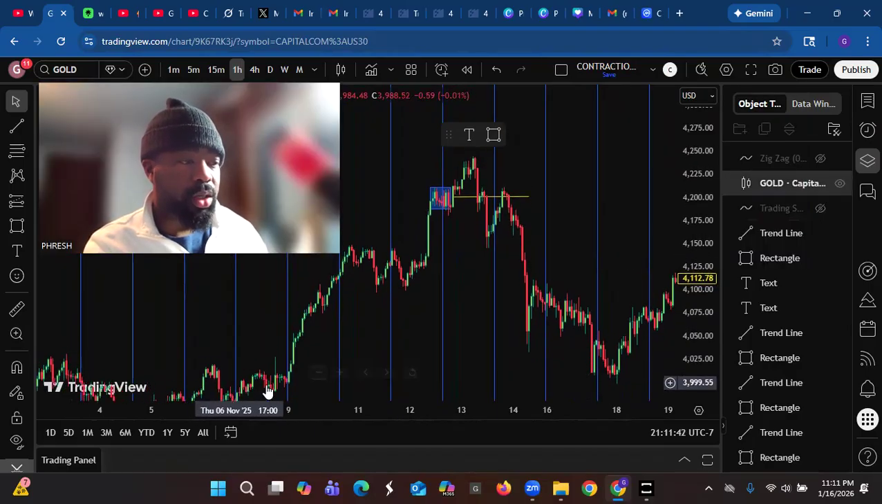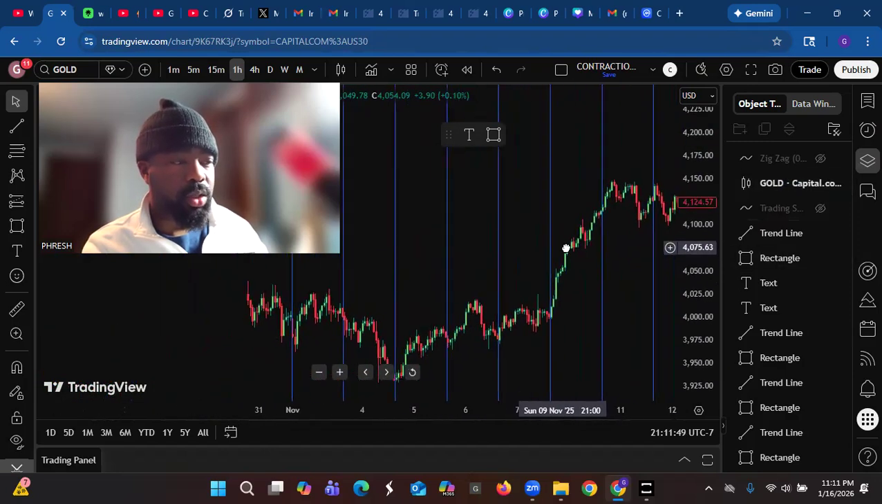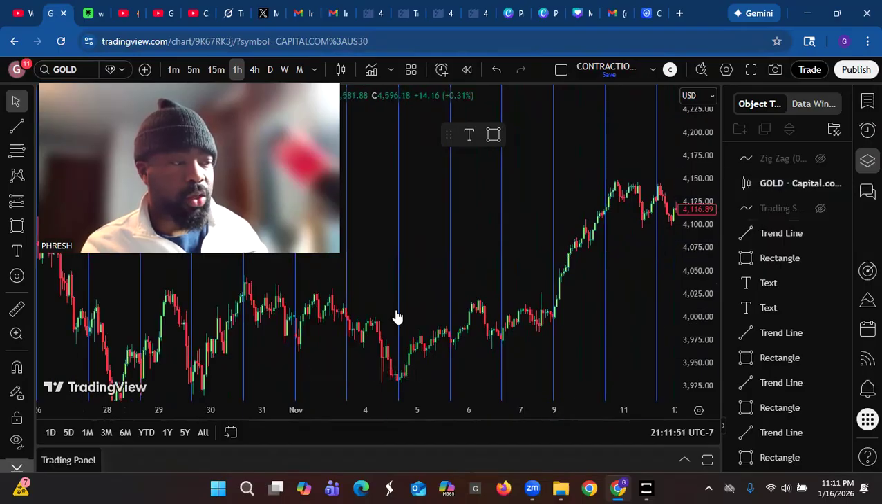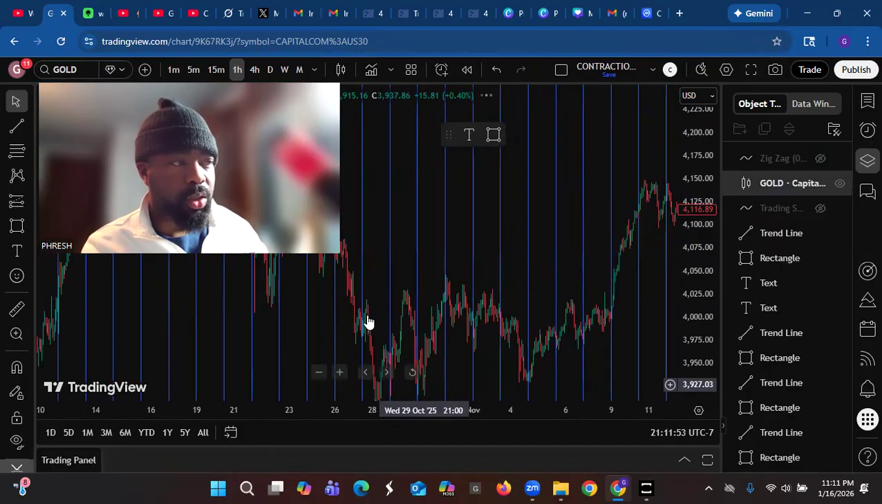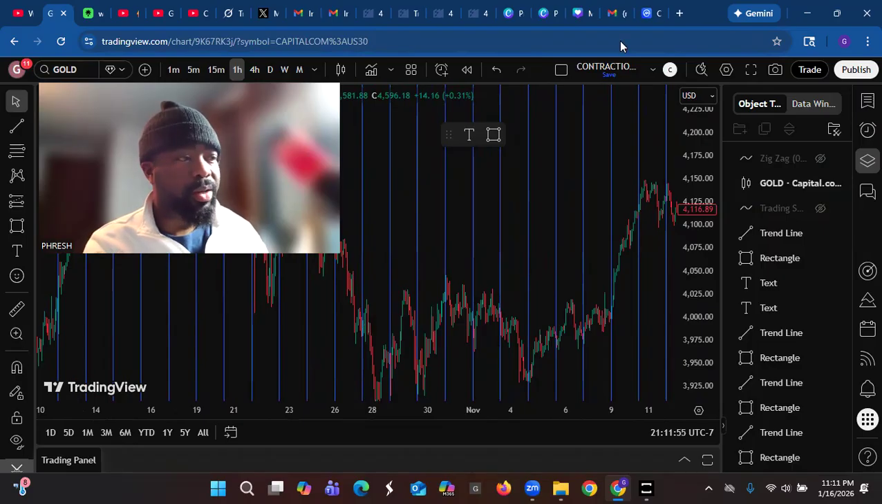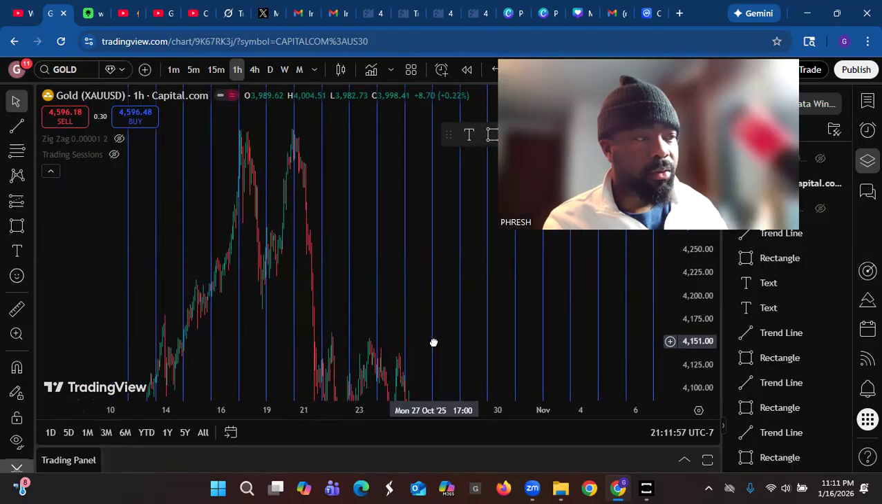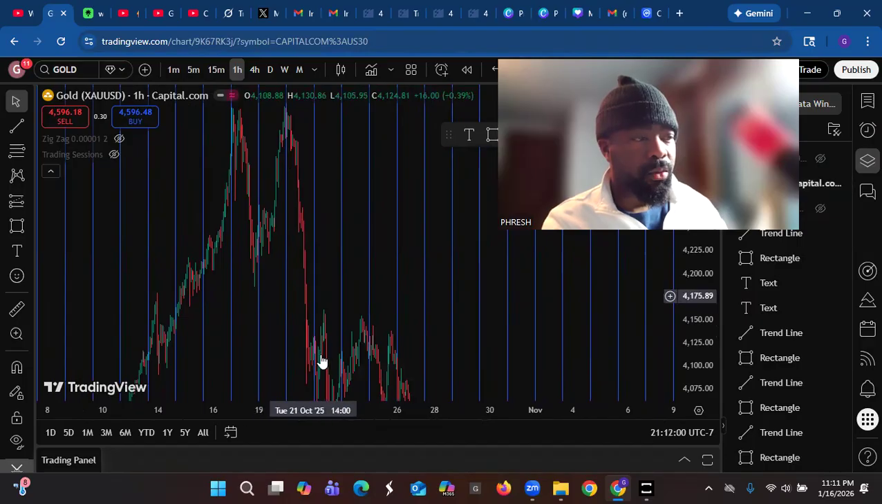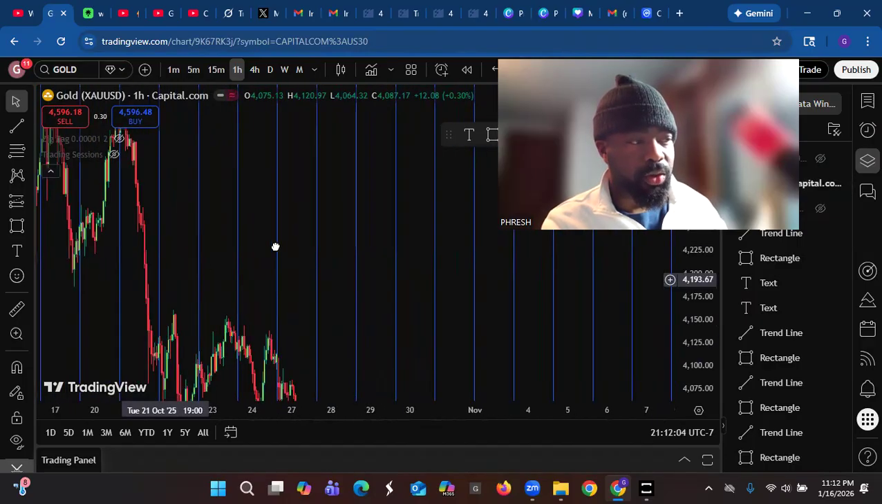Right here, you see contraction in this area, contraction, push to the upside, contraction, push to the downside. And as you continue to train your eye, this will become easier. And I just wanted to give the newest people out there a strategy that can help them. Look at that waterfall right there. Right there, the contraction is in there somewhere. There's a contraction in there,